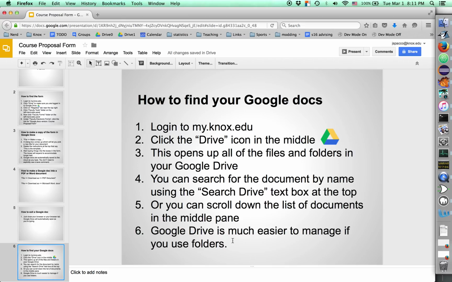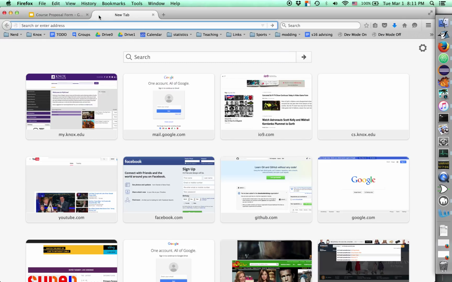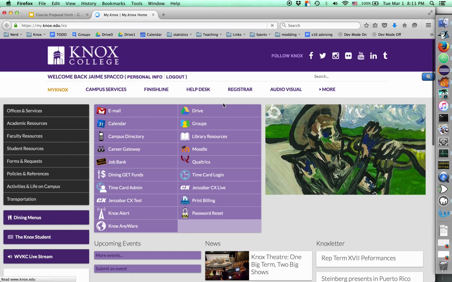And just a quick note, Google Docs is going to be much easier if you're going to use it a lot if you use folders, because as you can see from my Google Drive, it can get quite complicated. So let's go through this. We're going to start with my.knox. We're going to click Drive. This is opening up